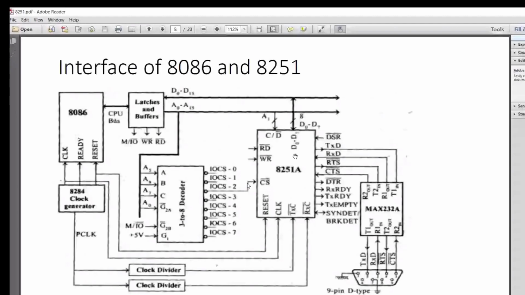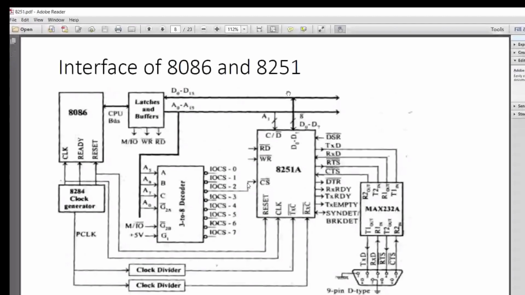So if this line, the A0 line, is 0, it is going to refer to data, meaning the bits, parallel data. So parallel data from the 8086 which has to be transmitted comes through this line, through the data bus.